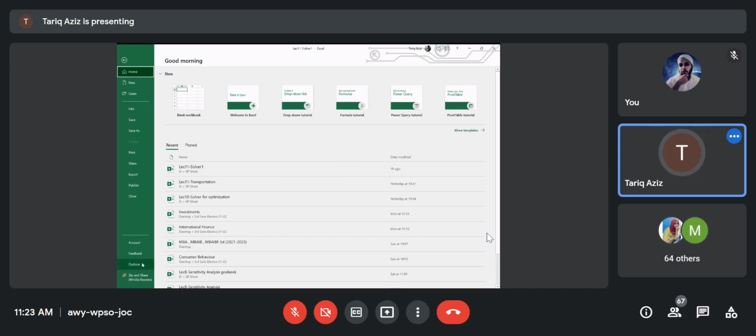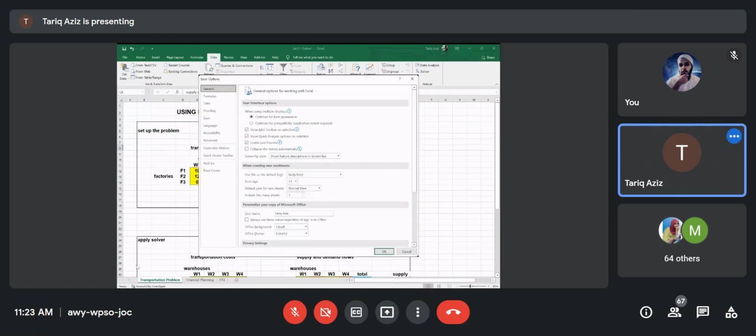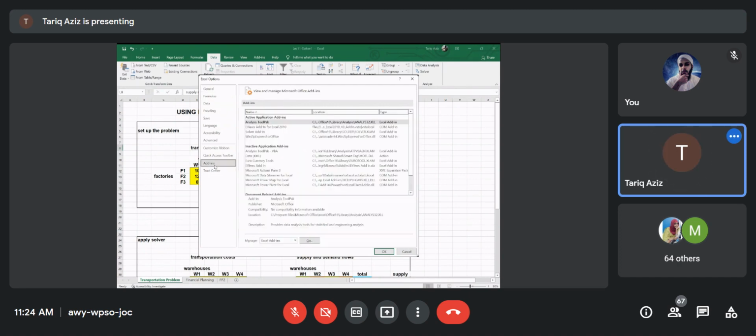Below you will find this option by the name of options. So you have to click here, options, and there are various options in this box: general, formulas, data. One of the options is add-ins. So once you click on add-ins,